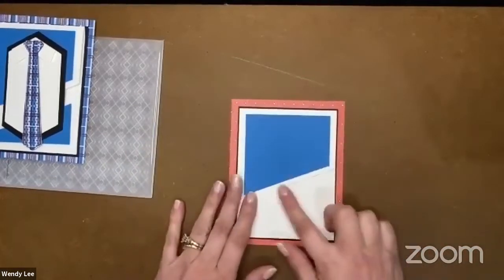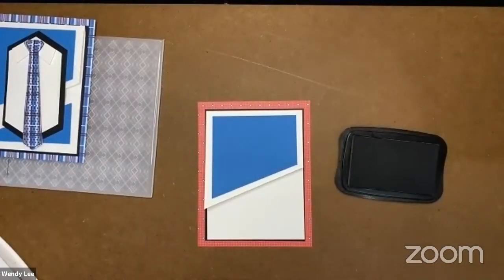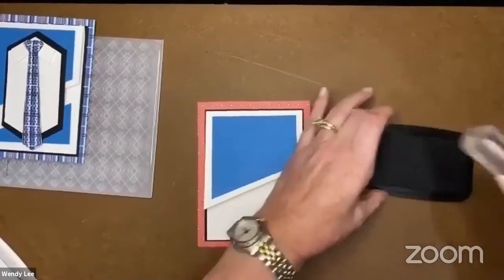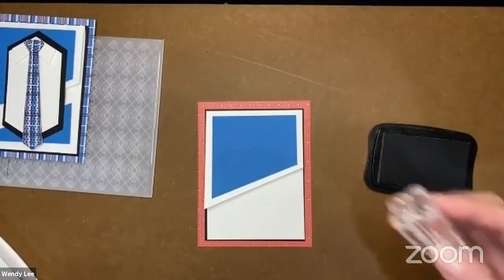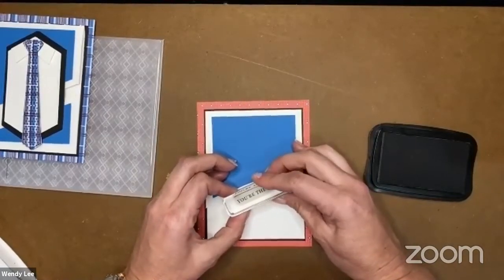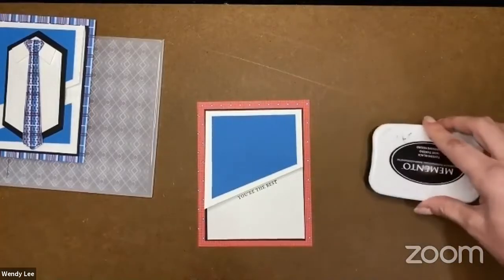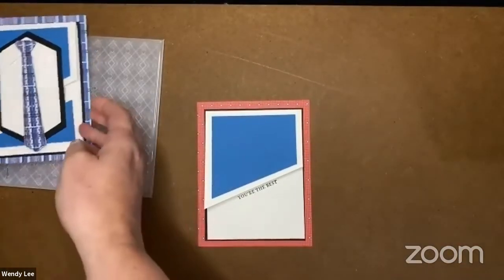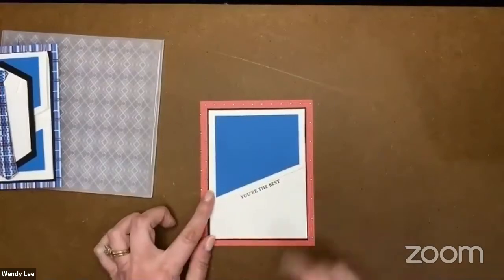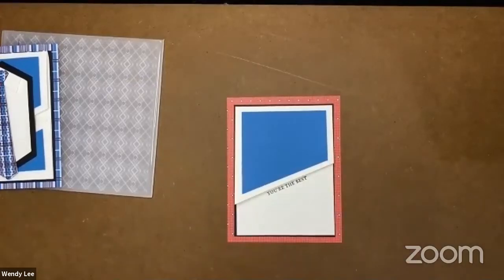All right, next, I want to go ahead and stamp my sentiment on here. So I'm bringing in my Memento black ink, and I'm using You're the Best. So it is, again, from that same Handsomely Suited stamp set. And I'm going to stamp this at that angle, hopefully straight, sort of. I got a little smudge, but that's all right. So that is down so that it's going to fall underneath where our little shirt and tie is. Cute. It's too long of a sentiment to have it display, as I was looking at it. So, all right. Next,